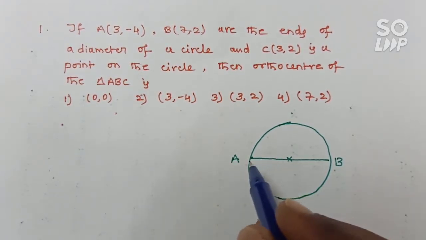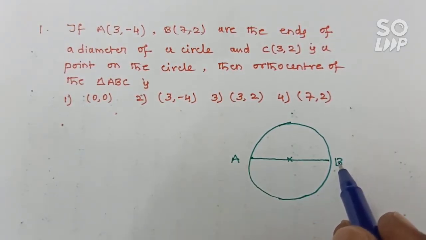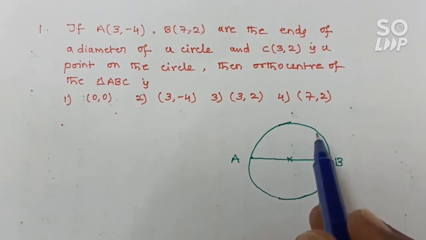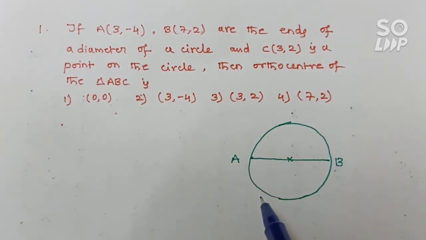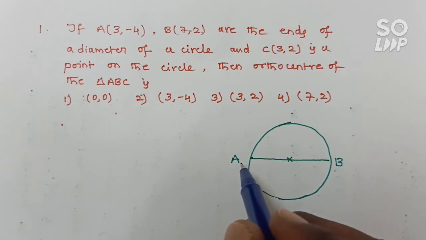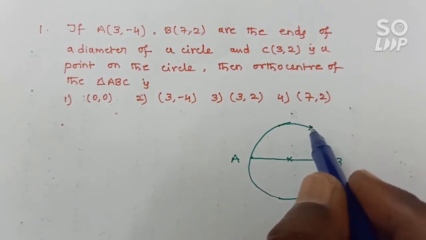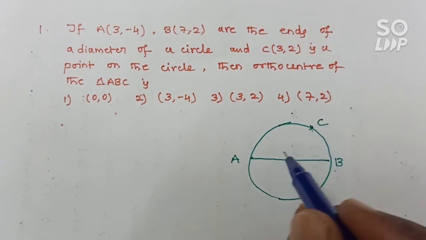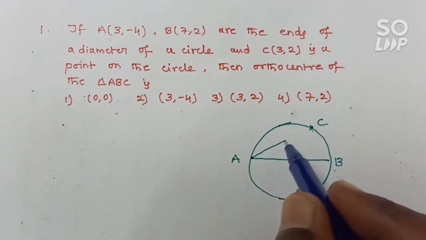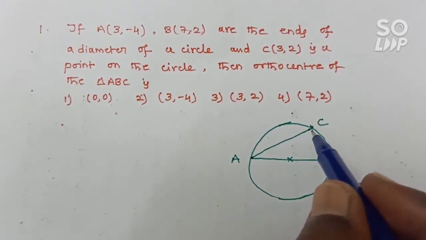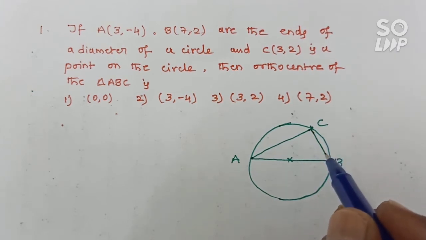That means other than A and B positions, you can take the C point on the circumference of the circle except these two positions. Suppose you take C at this position, by joining this C with the ends of the diameter,